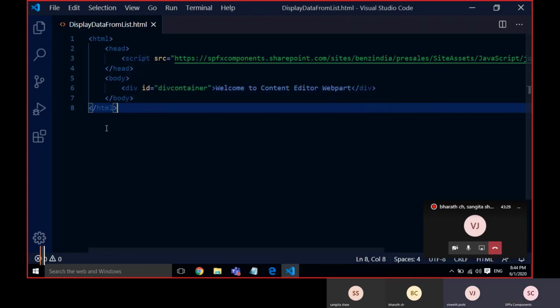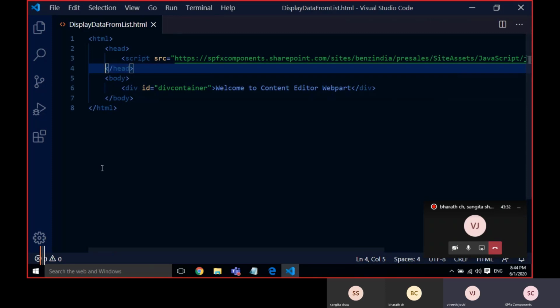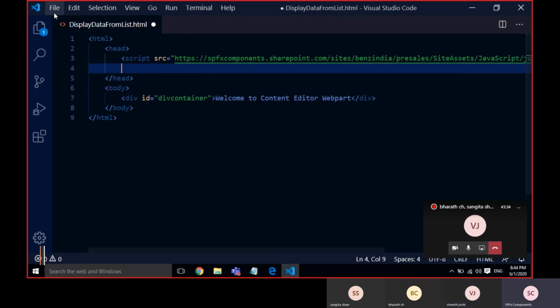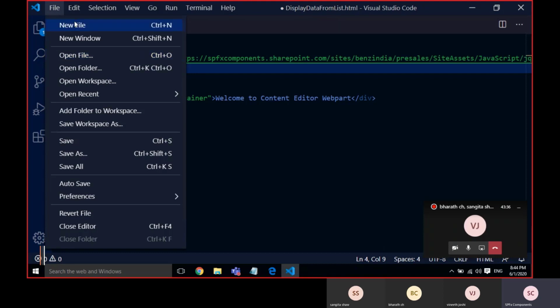And later, if you want your own JS file, we have to attach our own file, right?